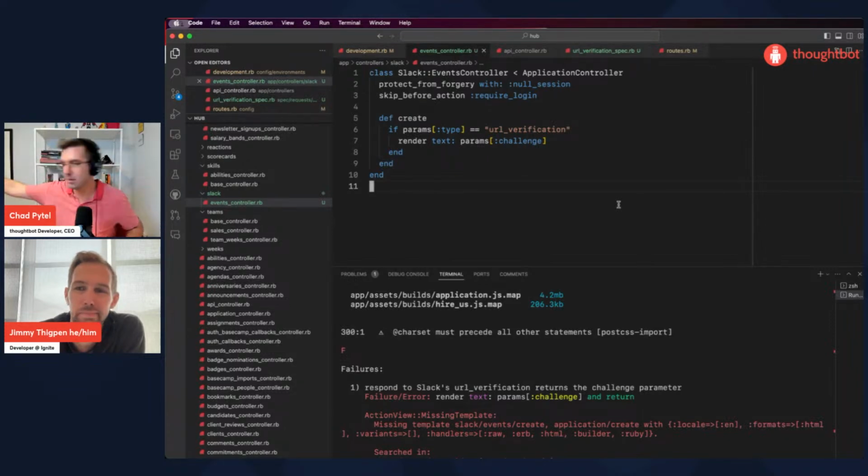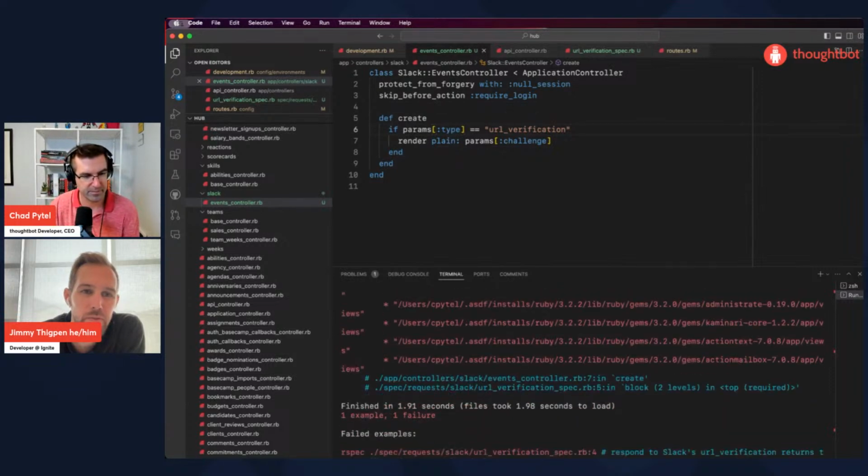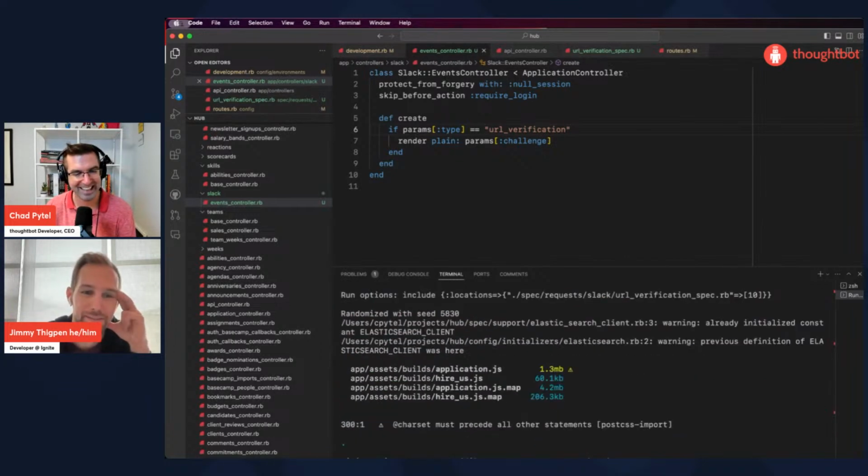You think text? Mishu says, I think text should be plain. I think Mishu might be right, actually. That sounds like that. What's the difference between text and plain? Text might not be a valid value at all. Oh, okay. That might have been it. Thank you, Mishu. Awesome. So yeah, text wasn't a valid value, but since we're just passing in a hash of stuff, it wasn't checking to tell us that it was an invalid value. So cool. Plain. Okay, so now we're responding with the right thing.